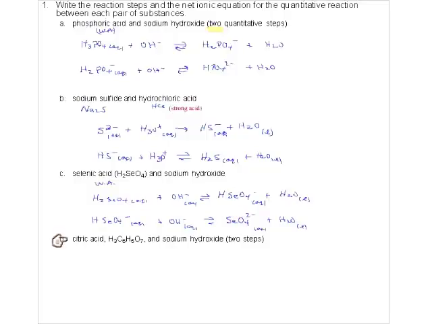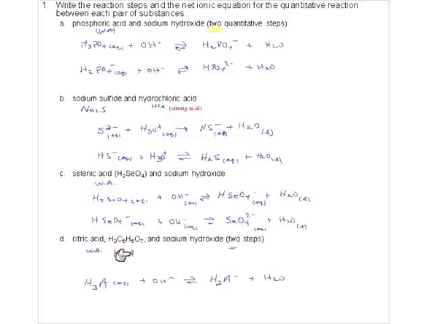Here's another one, citric acid. This guy is a compound that has 3 carboxylic acids in it, and they've written it this way to show you the 3 hydrogens from the carboxylic acids. And in this case, they want you to do 2 steps only. So we're going to take off only 2 of these hydrogens here. And we're going to take the first one off in the first step. And you notice here what I've done? Rather than writing out